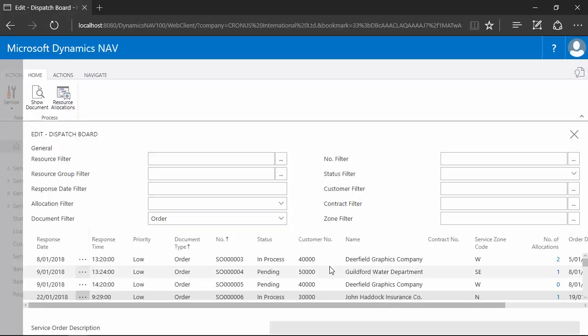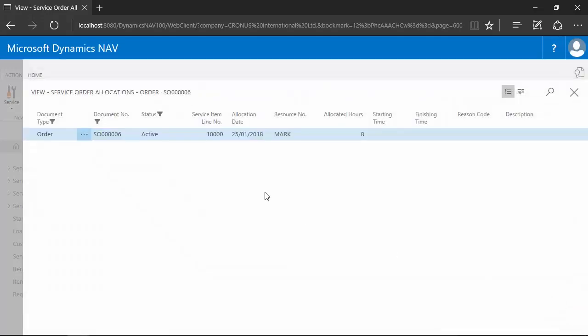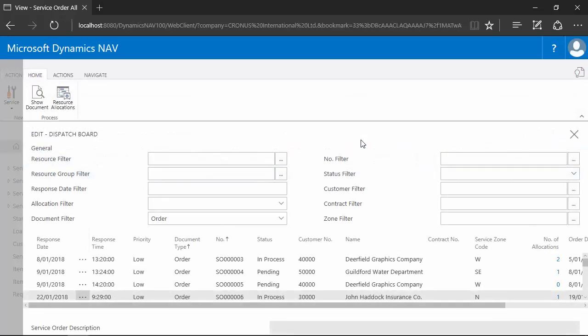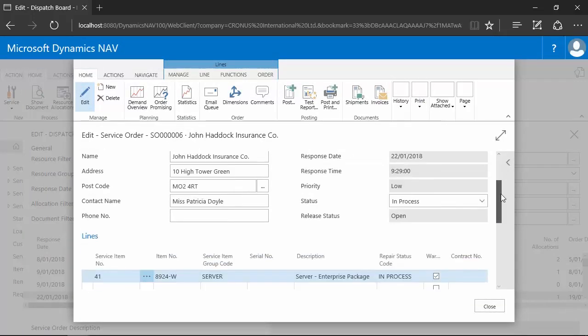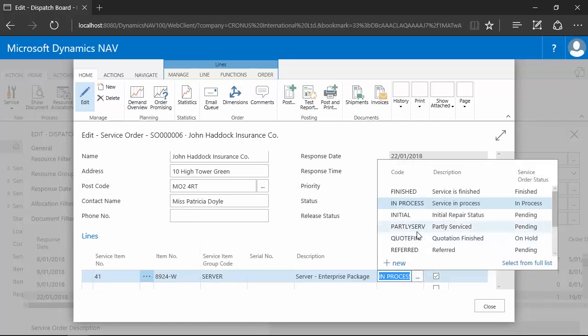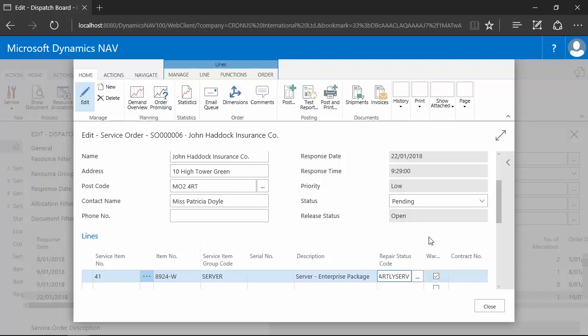So let's now check a second scenario, for service order number 6 for John Haddock. You see that there is one allocation here. It's an allocation with the status active on a specific date for a specific resource and the number of allocated hours. So you see also the service order status here is in process. Let's change that. So I'm going to switch to the document now, and I'm going to switch the repair status from in process to partly serviced. And if I do this and then close,